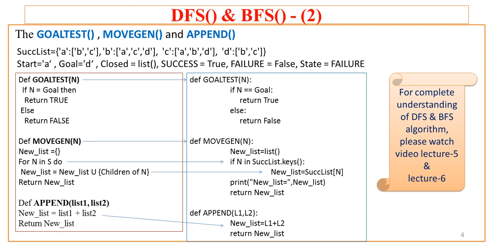Let us now see the actual implementation of these two algorithms, that is DFS and BFS. Before we start the actual implementation of DFS and BFS, the sub-algorithms are discussed here. Before discussing sub-algorithms, the data structures used in these algorithms are the successor list, which is again a dictionary maintaining key value pairs. Here the key is the node of the graph, so we have all the nodes present in this dictionary along with the successors of each of the nodes.